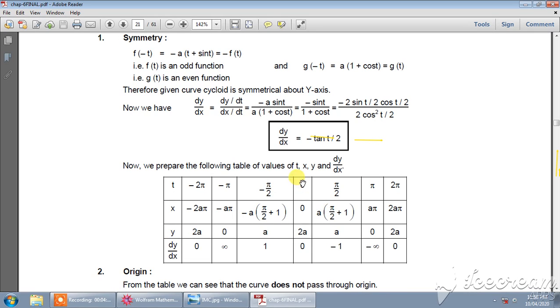I recommend you to just deal with this part, that is, the positive values of t. So put t equal to 0 and get the values of x. Okay, so values